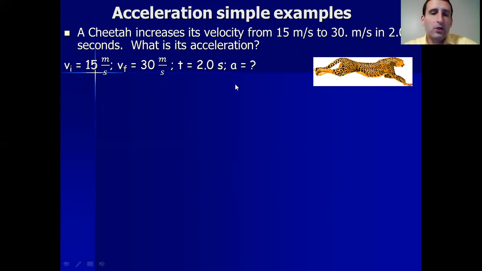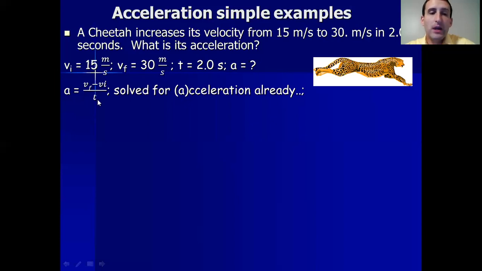So again, we look for an equation that would relate these things together, and it's, of course, exactly the acceleration equation we just learned on the previous slide, that acceleration is equal to the change in velocity divided by the change in time. Now, we don't have to solve for the change in time because we were already told that the total change in time was 2 seconds. That's how long this took to occur. But we were given a final and an initial value, and so we're going to have to find the change in velocity by subtracting the initial from the final. And this equation is conveniently already solved for acceleration, a. So all we've got to do is plug our 3 values in, and therefore we'll be able to get our answer. So 30 meters per second minus 15 meters per second divided by 2 seconds is 7.5 meters per second